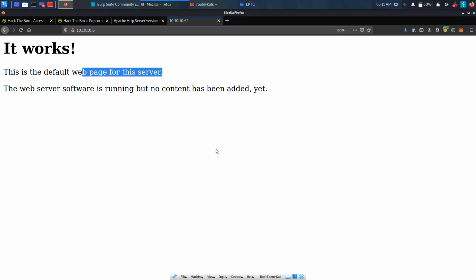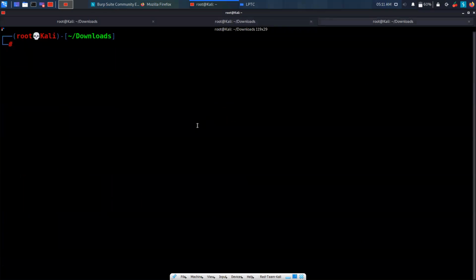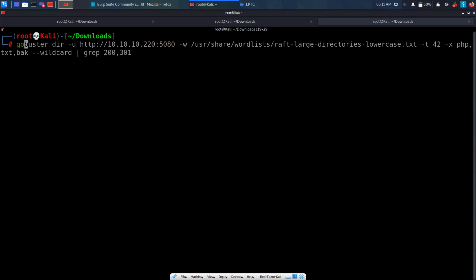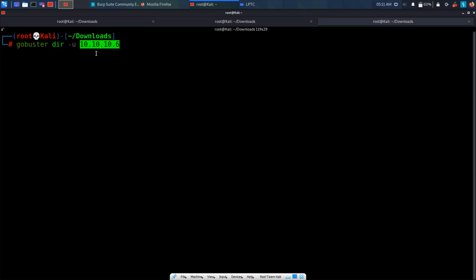Once we did the Nmap, we got to know what services are running. The next part is to enumerate those services which are open. The HTTP service was open, and the most famous way to enumerate an HTTP service is to brute force for possible directories. There are many ways to do this, and the most common is to use a directory brute forcer. We can use the default DirB. It is installed by default on Kali, but it is a little slow because it only uses one request per second. If we use GoBuster, it is typically faster, and it helps us enumerate the directories in a little less time.